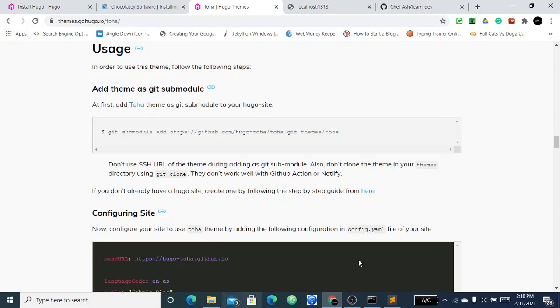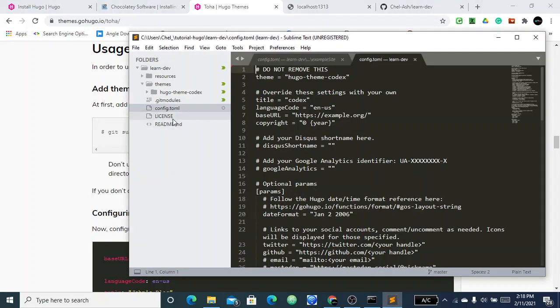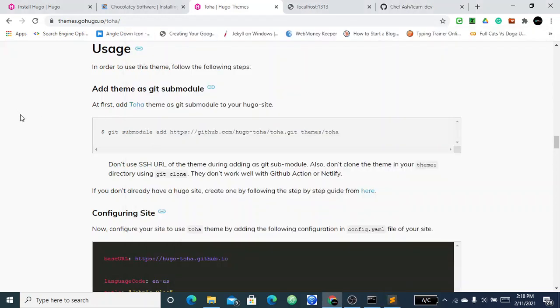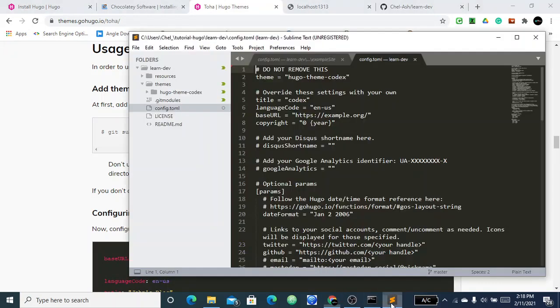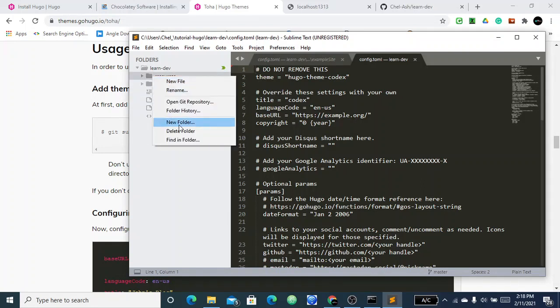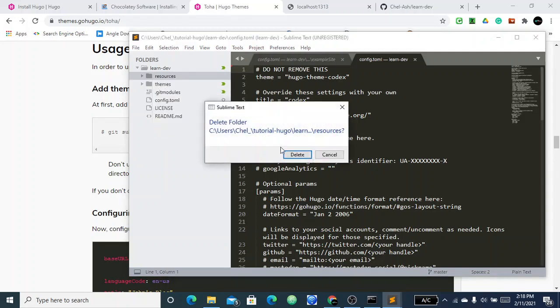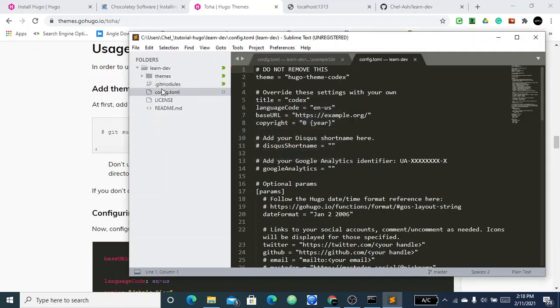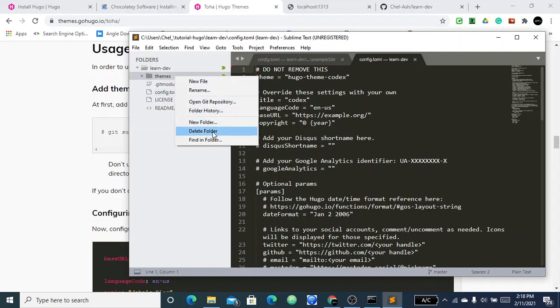So what I'm going to do now is maybe leave this config so I can run this, but surely I'm going to have to delete this folder, and surely these themes too. I'm just gonna delete this too,